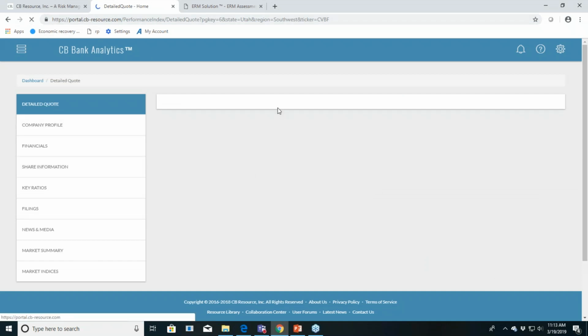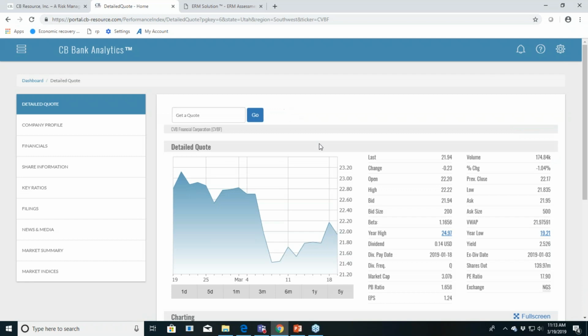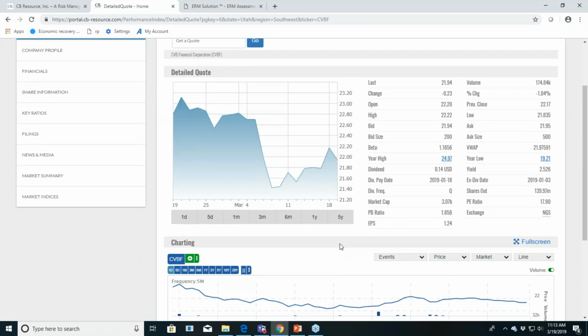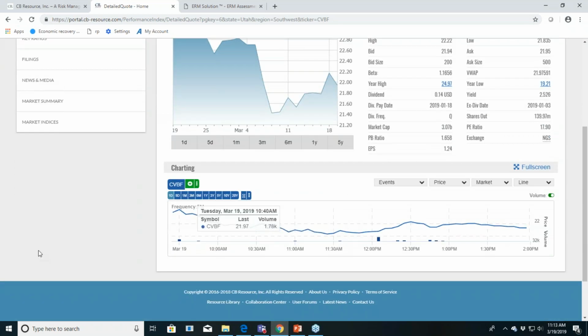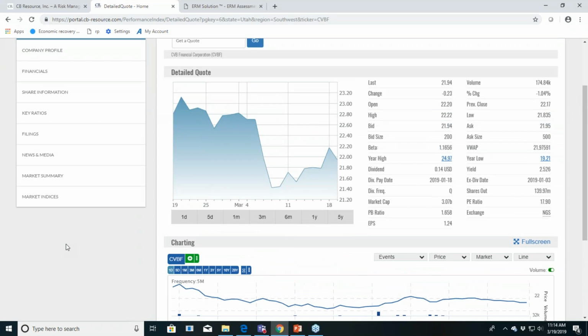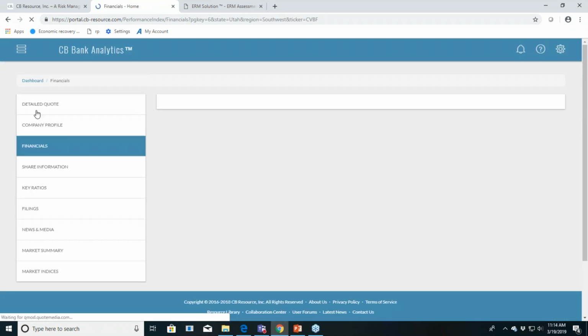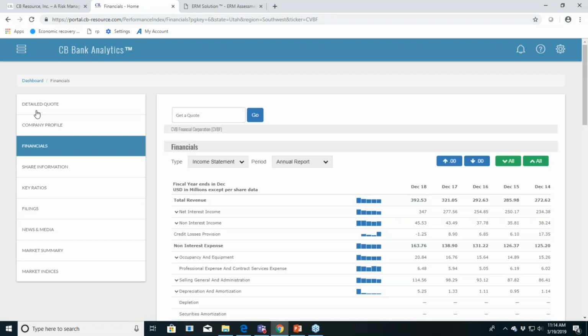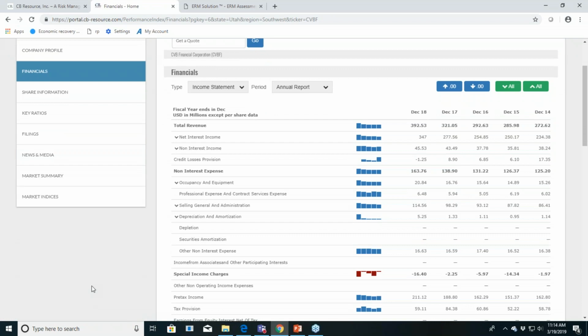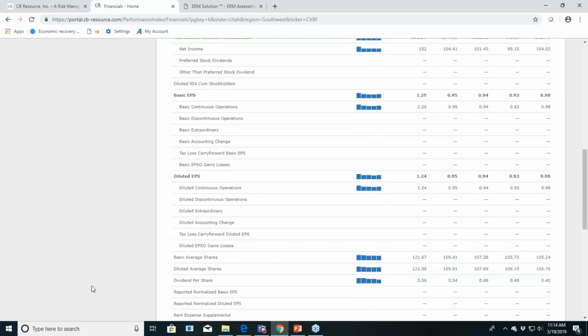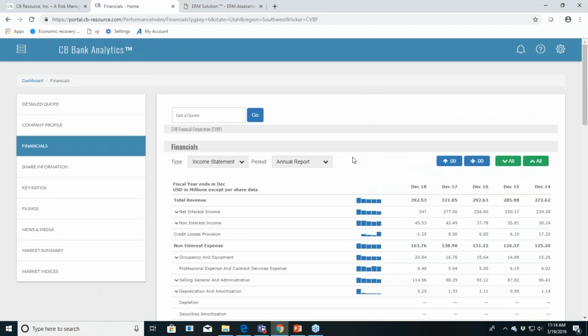And not sure why that's so slow, but you do get detailed stock performance. Now, what's kind of handy about having this in here, not only do we have market intelligence from a stock market standpoint, but this also gives us an opportunity to present financial data at the holding company level, correct? So if you're looking for holding company data specifically, it does have holding company financial performance, both income statement and